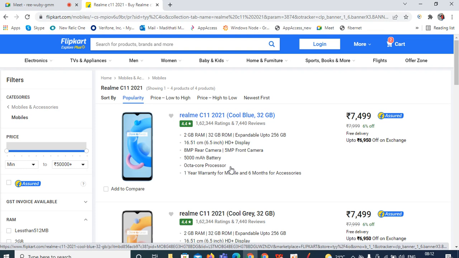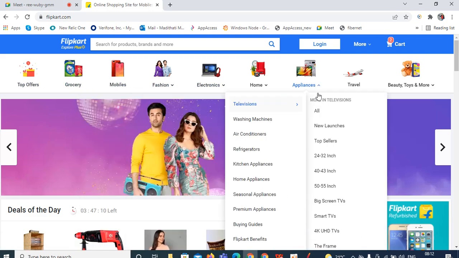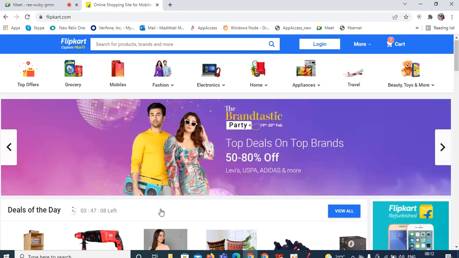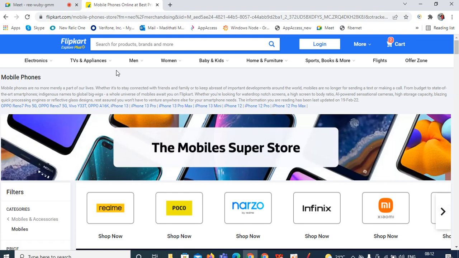So how can you verify that in JMeter? Manually you are verifying here. You have launched your Flipkart application, and you can see top offers, grocery, mobile, and so on. That is the first action you did. For the second action, I am going to click on Mobile. Whenever you click on Mobile, you will be redirected to the mobile page. This is the expected result.